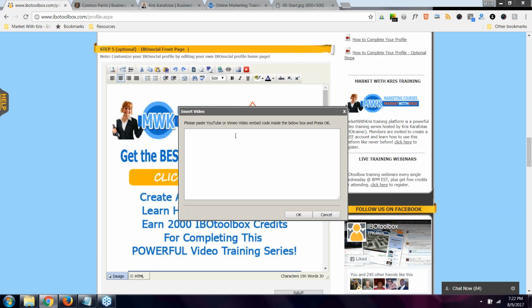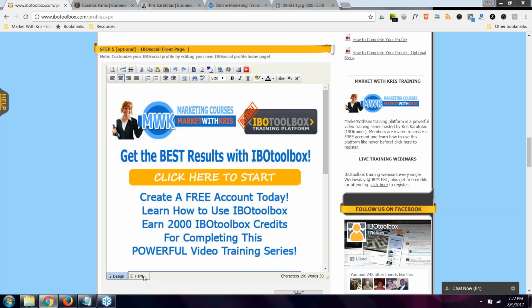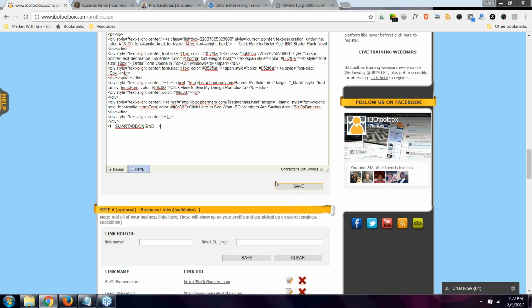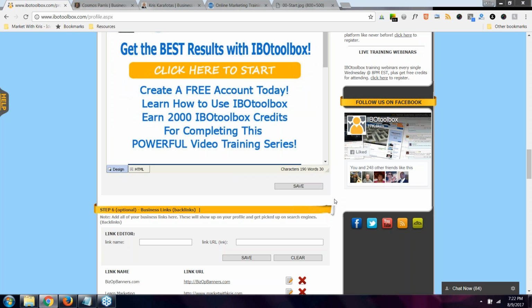Page comes up, you put the YouTube or Vimeo embed code in here, and then it'll automatically show up, or else you could do the HTML coding. Okay, so it's completely up to you. Okay, and then click on Save when you get done, and then you're going to go to step 6.